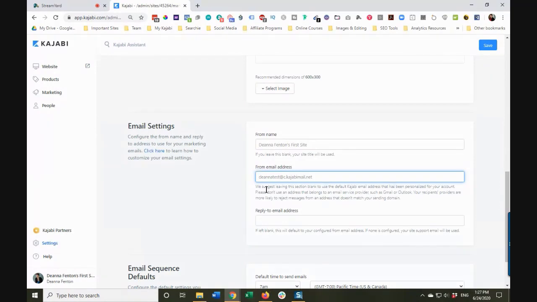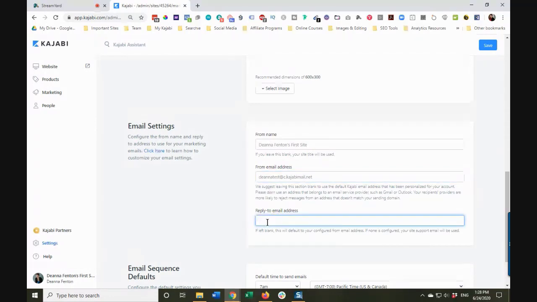So we're relying on the reputation of Kajabi's domain name to ensure good deliverability of our emails to our members. So I would not recommend that you change it. They're working on fixing that, but for right now, if you want your emails to really hit those inboxes and not spam, leave that alone.